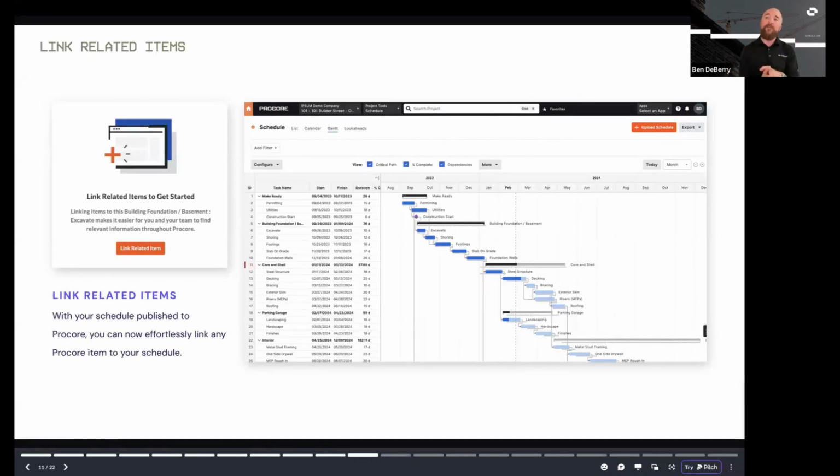Once you've published your schedule from Outbuild to Procore, you're going to have your Gantt chart in there and your list of activities. If you double click on any of these activities, it's going to open up all of the information that Procore has on that activity, but it's also going to allow you to link a related item. So if you have a change order, an observation, or any item within Procore that you want to connect to that activity, you can do that here. That is kind of outside of our integration, but I think it can be a really powerful function for you guys as we wait for some more detailed integrations to come through.